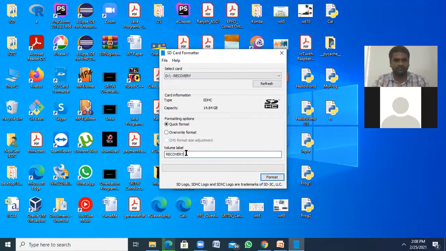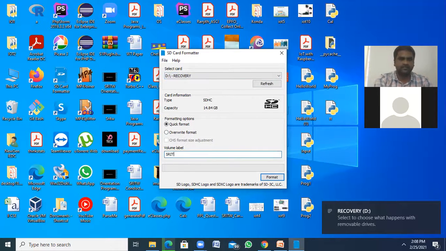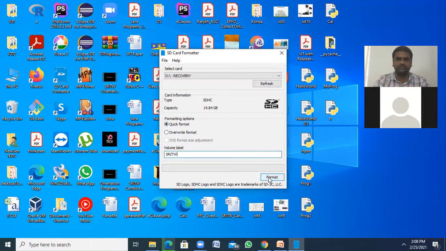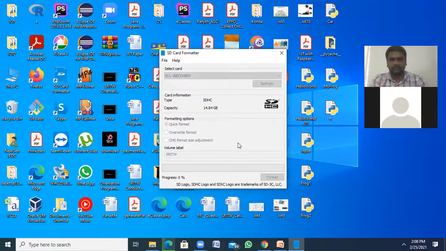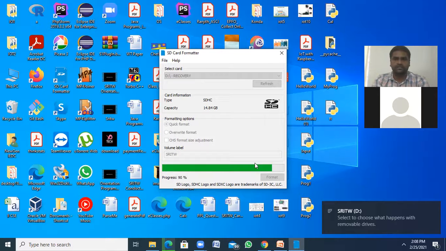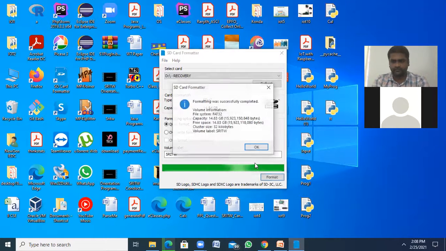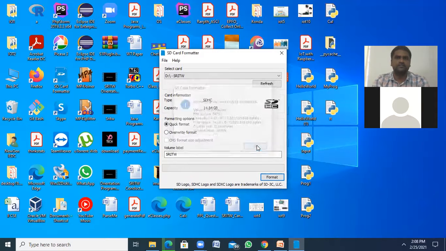I'm changing the volume label to SRITW, and I'm using quick format. Yes, I want to format this. Successful formatting. Yes, successfully formatted.